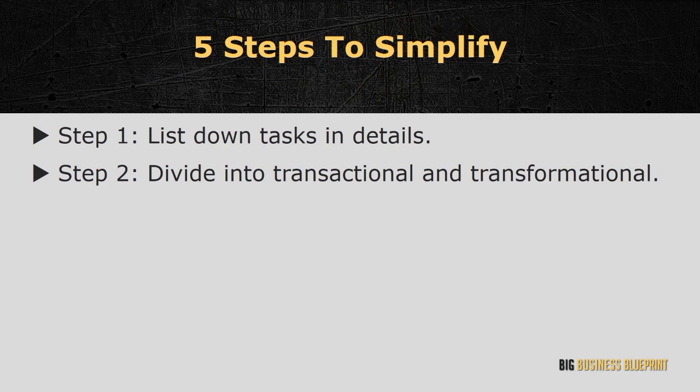Transactional tasks are rudimentary and predictable, which include processing salaries, paying bills, rent, etc. Transactional tasks are perfect for automation. For example, sending out emails can be automated by using email services like MailChimp and Aweber. You just need some time to write all the emails, upload them onto the mail service, and set the time